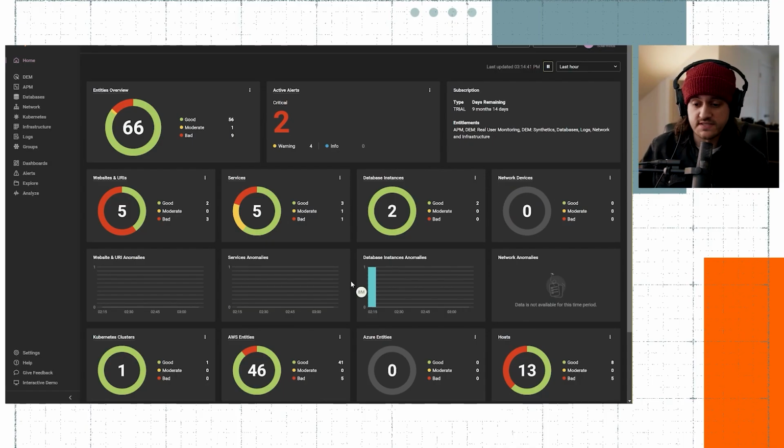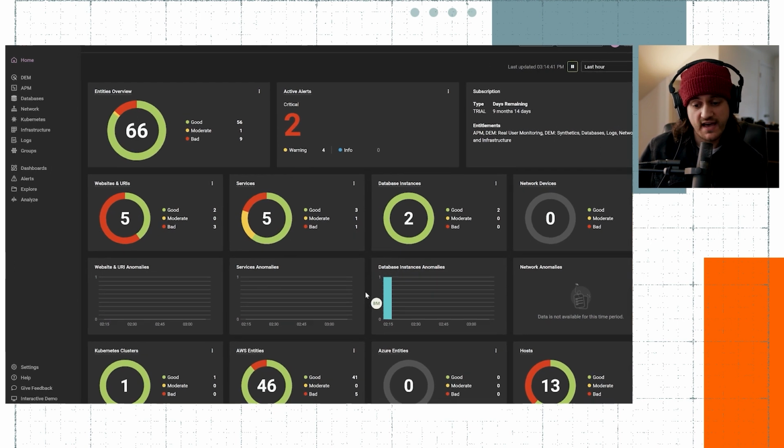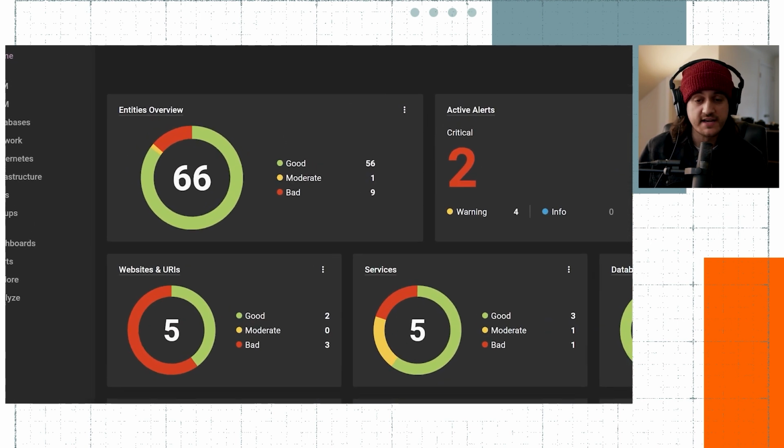We have the anomaly detection, the baselining of the performance. But the other thing that we do is we calculate a health score. So this health score calculation takes into account some specific metrics. It takes into account the anomaly detection. It can also take into account alerts that have been triggered from the system. So if we take a look at this home page here, you can get a sense of the anomaly detection widgets, but you'll also see the breakdown of the health score across what we call entity types.